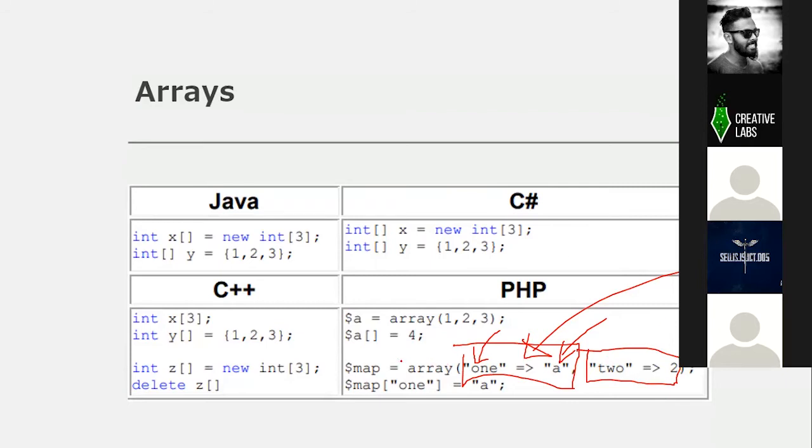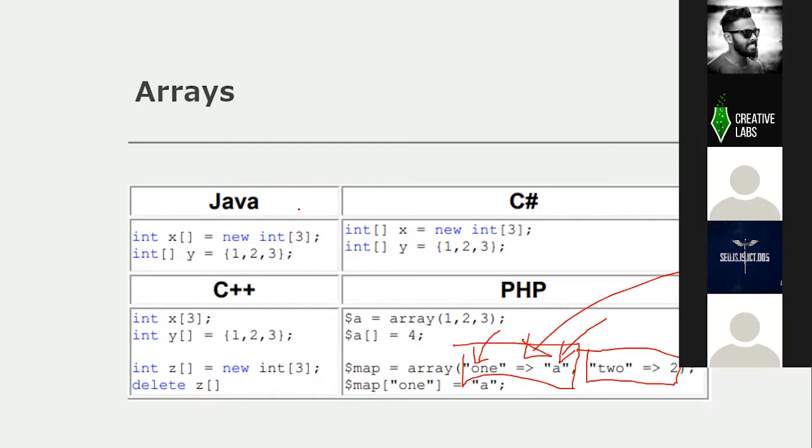This type of array, the associative array, is not supported in languages like Java, C# and C++. But it does not mean we cannot do the same approach in Java and C#. We can do these things, but we have to do it in a separate way. We either need to use a hash map or hash set or something else.